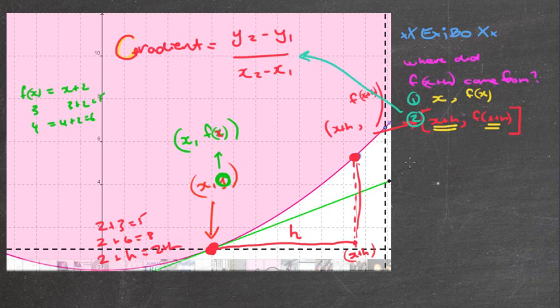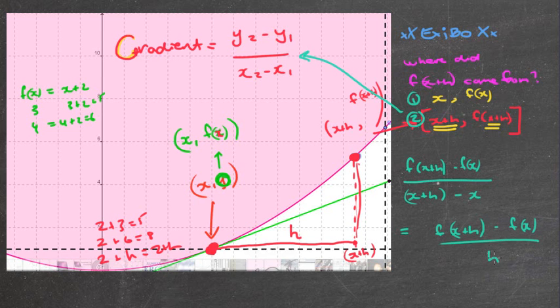So in this case, it'd be f of x plus h minus f of x, all over x2 minus x1, which is x plus h minus x1, which is x. That leaves me with f of x plus h minus f of x, all over, well, x minus x is 0, h. There we go,